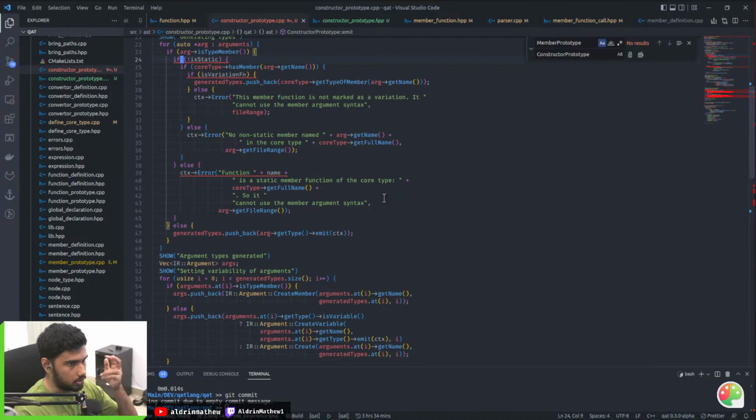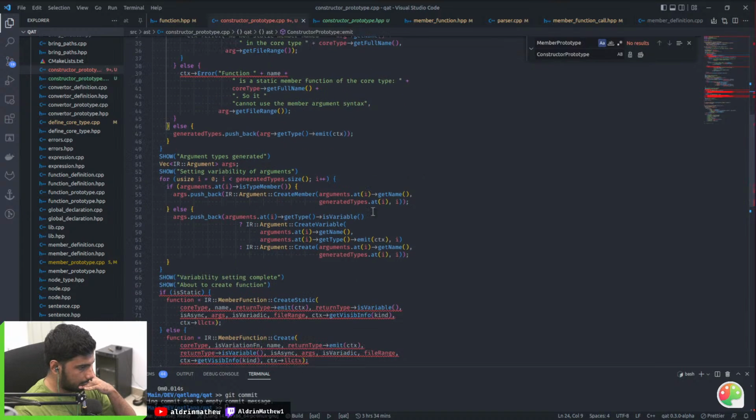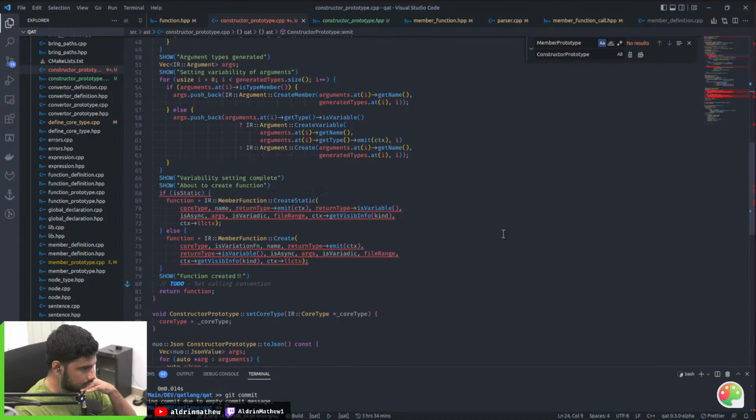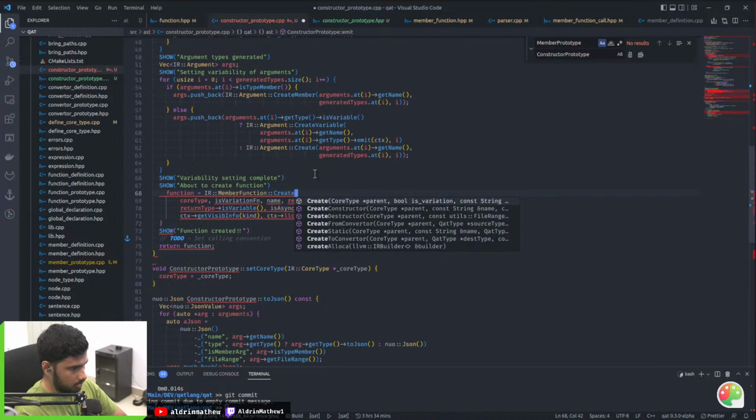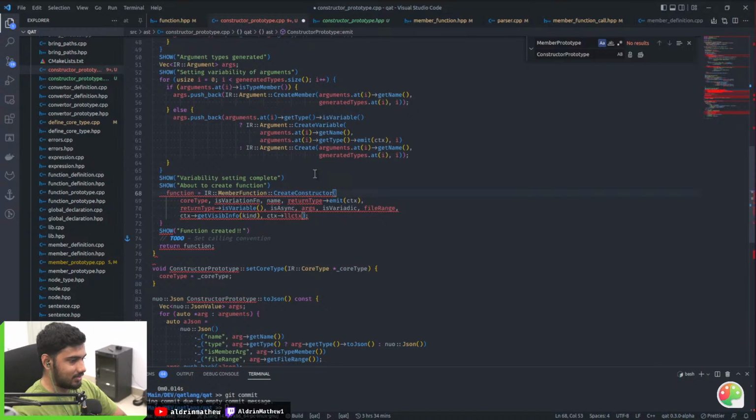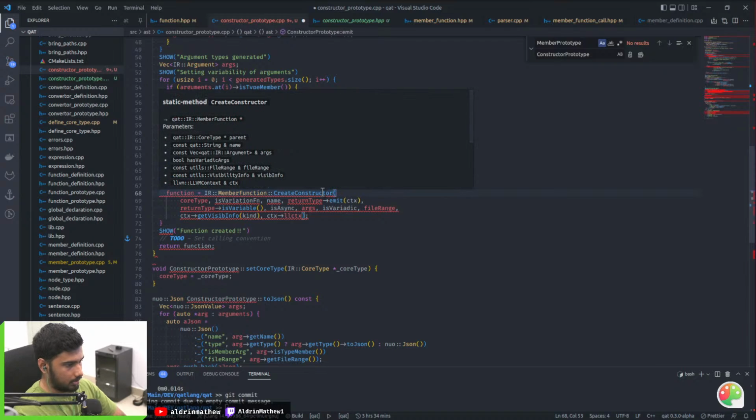I mean, obviously. Wait. Create constructor. I do remember implementing this. Parent. Yeah, there is no point in making it a variation because it always is an argument.